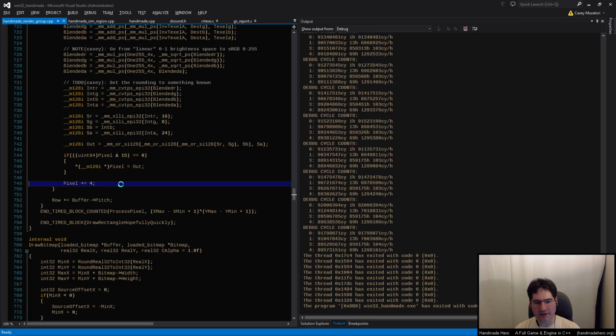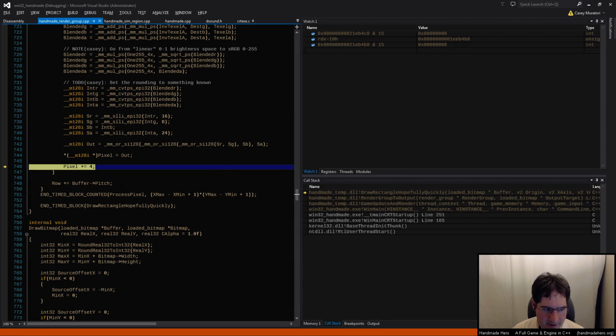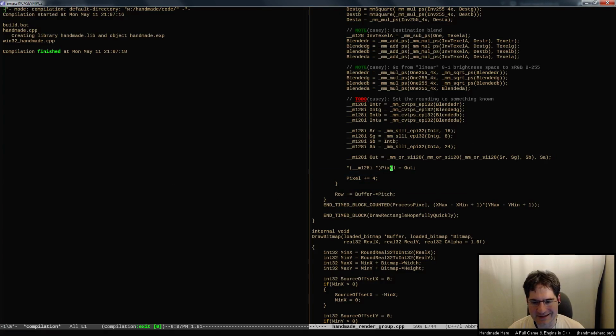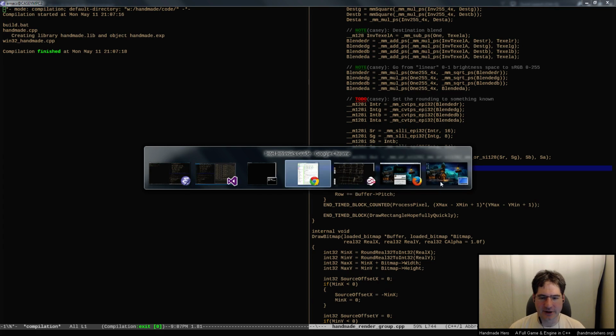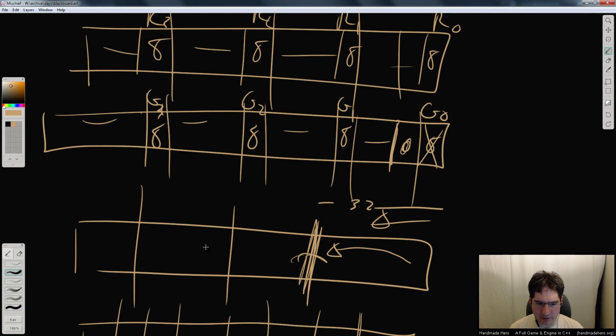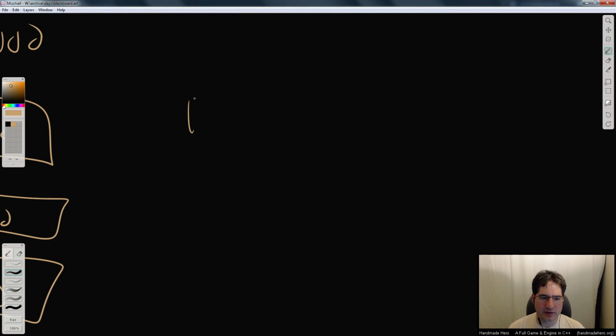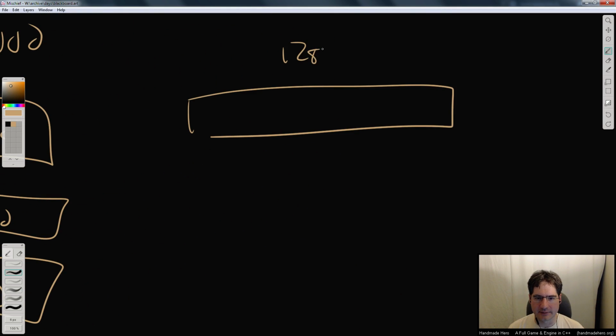So I don't really want to belabor that topic because that was something I wanted to talk about later. I assumed it would do the safe unaligned write there. It didn't. So I'm not sure exactly how to tell it, please don't do an unaligned write now. We're just doing some test code. But basically what happens here, to give you a little perspective on that, is these things are 128 bits wide, right? So 128 bits